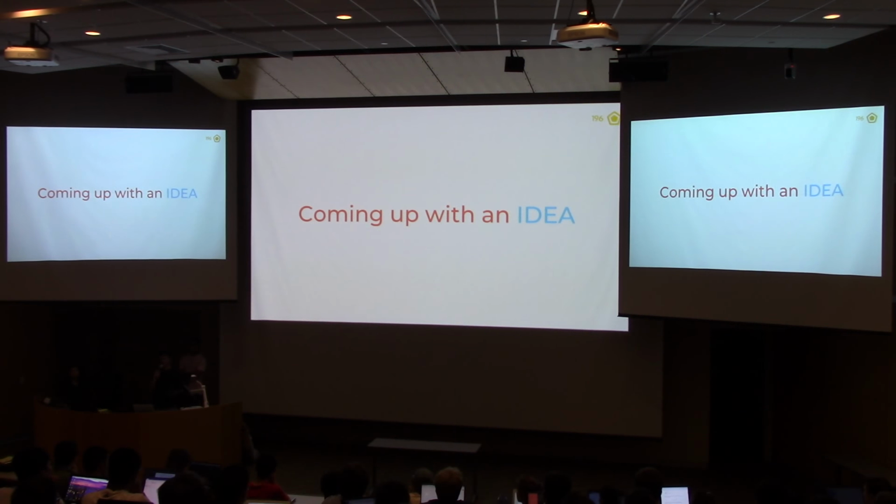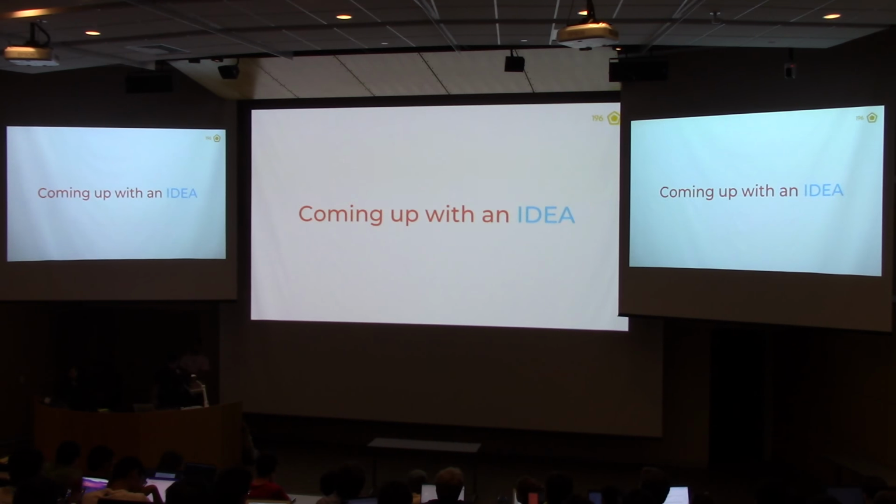Others might have sort of a clue about what sort of things they want to be working on or what areas they want to be working in. Now, others, like me, you might have no clue about what you want to work on ever, at all. And what we're going to do is help you come up with an idea of your own to work on. Help you find something that you're interested in. And help you come up with an idea that you could potentially work on, whether it's in this class or in the future or anywhere.